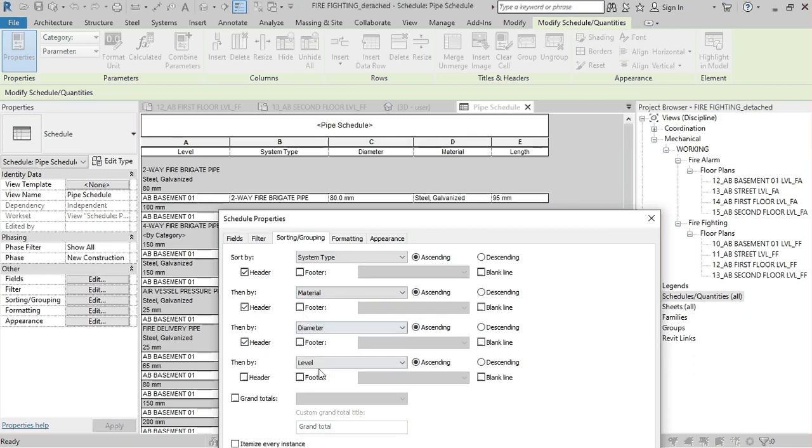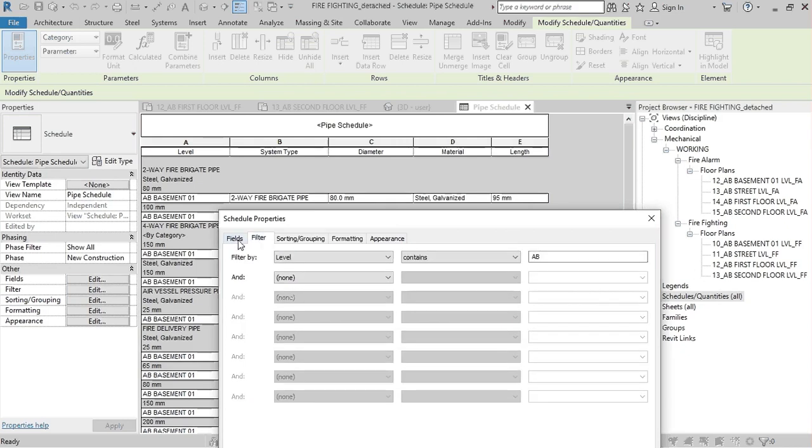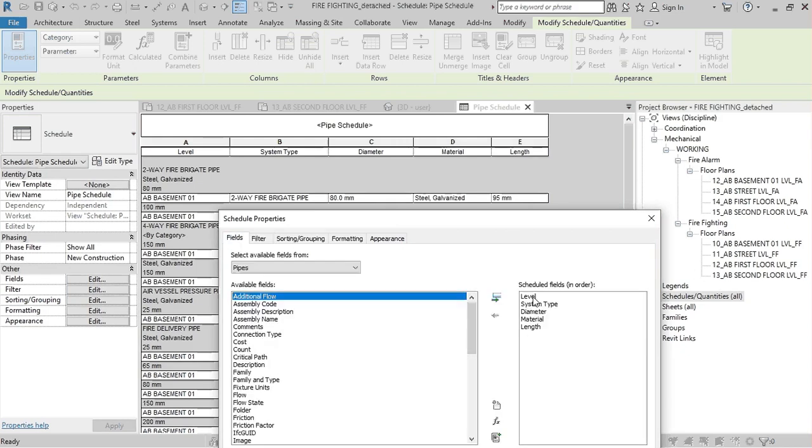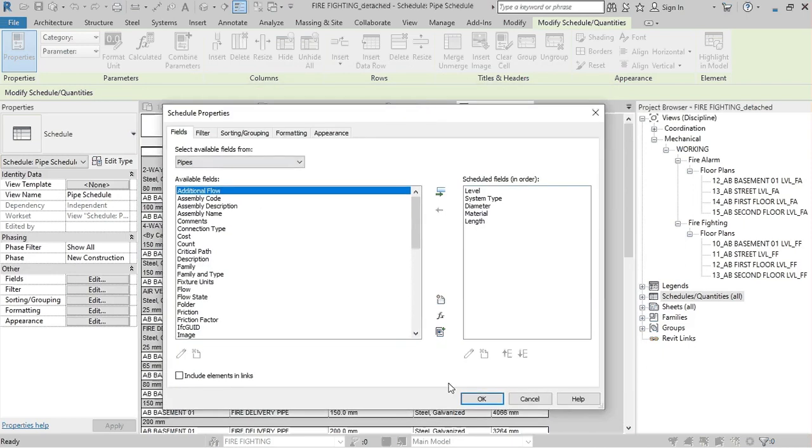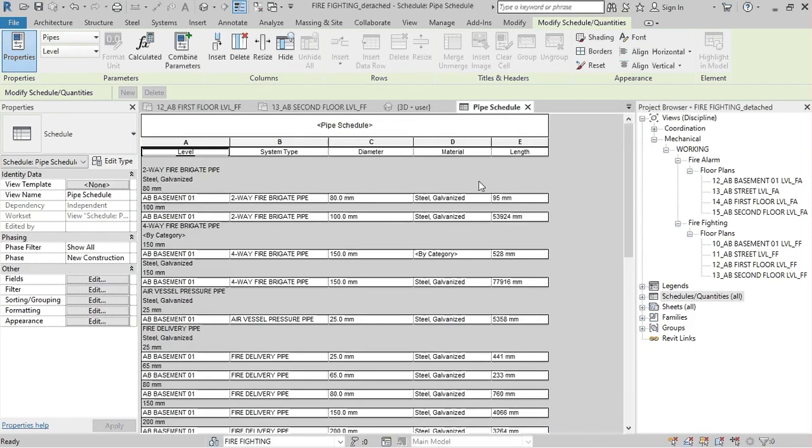It is coming properly now. In the field arrangement, you check it: level, system type, diameter, steel galvanized material, total length. The total length for 80 dia is coming properly. Now one schedule is ready.